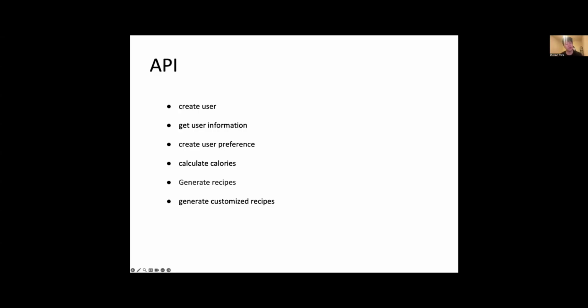Han has already introduced our project and how we structure our database. And now I'm going to introduce our API. We have six APIs: create user, get user information, create user preference, calculate calories, generate recipes, and generate customized recipes. So for create user,